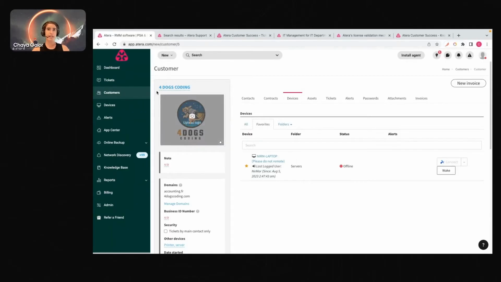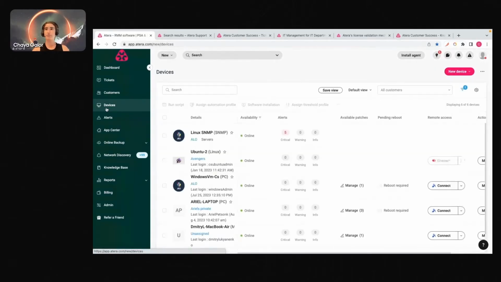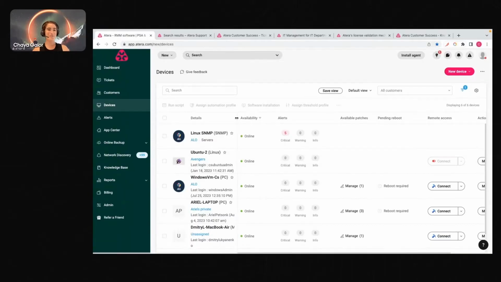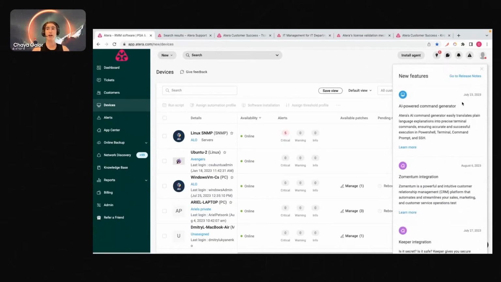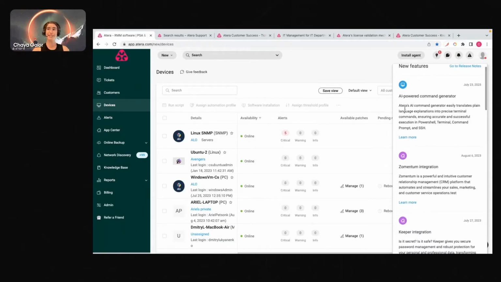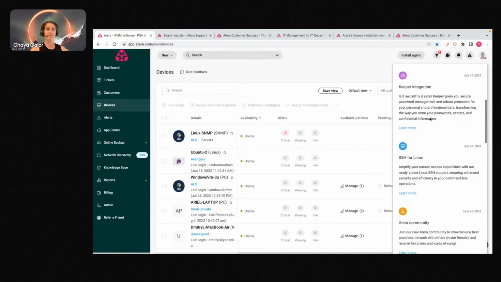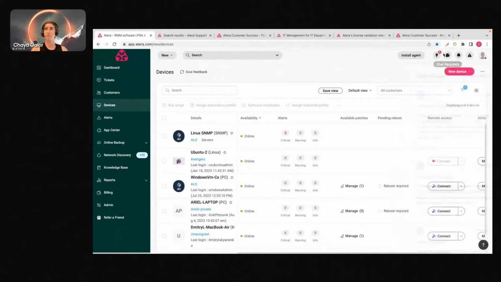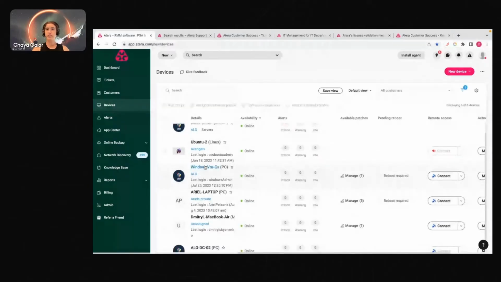So once we download the Atera agent, let's take a look at our device page. By the way, this new UI was released yesterday. This is a good time to mention that we do release an updated version of the platform. We're constantly enhancing the platform, so you can see all the new updates right over here. These will be coming out every week, 2-3 weeks. You'll see added information over here, for example, the AI-powered command generator. Don't worry, we'll get to that as well. Integrations, different features that we're adding, you can always stay updated from here. So let's choose a device, this one right over here.